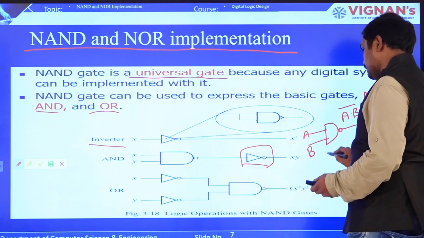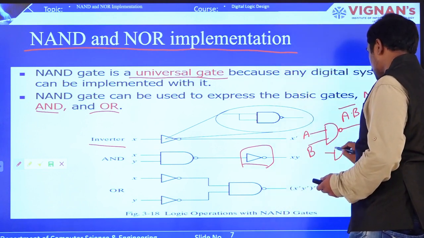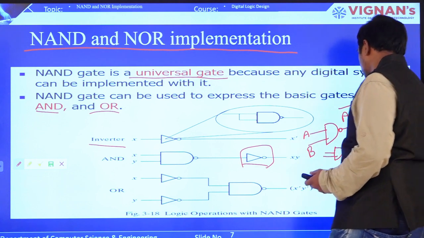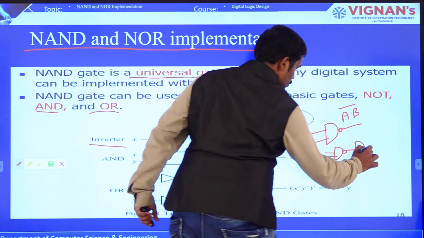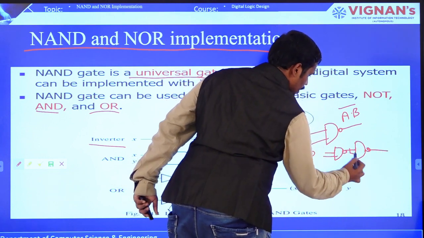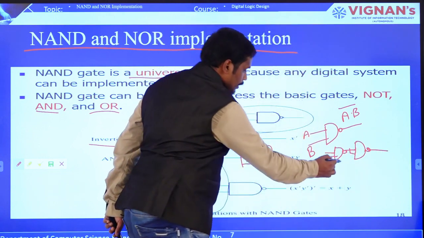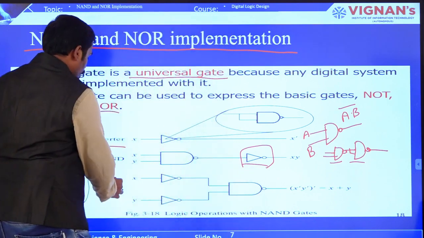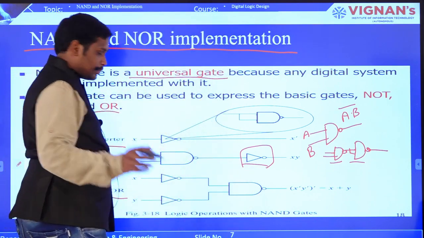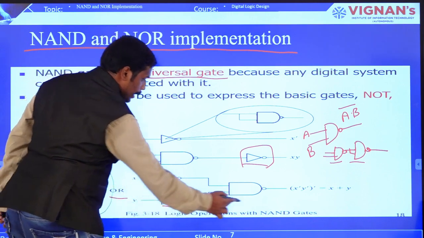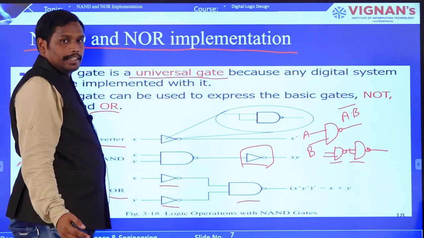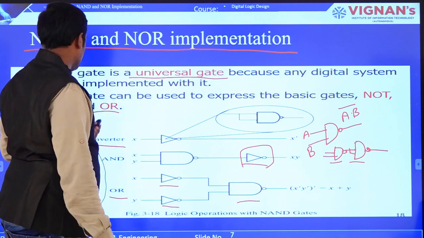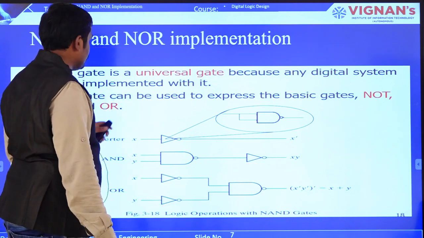So this can be written as something like, right, X and Y followed by the same output. So this is NAND, this is NAND. So with 2 NANDs you can construct AND. In the same way, OR gate with 3. So 1, 2, and 3. So with 3 NAND gates you can construct the implementation, right? So I hope that this is clear.